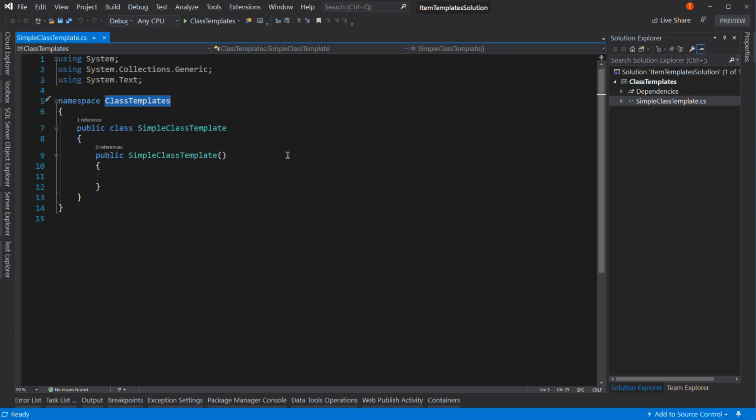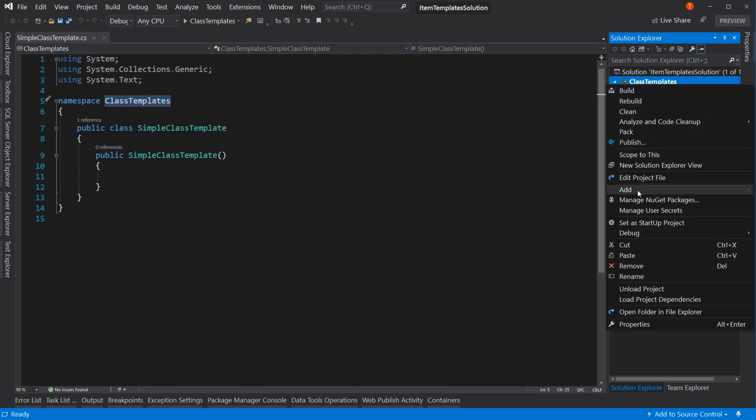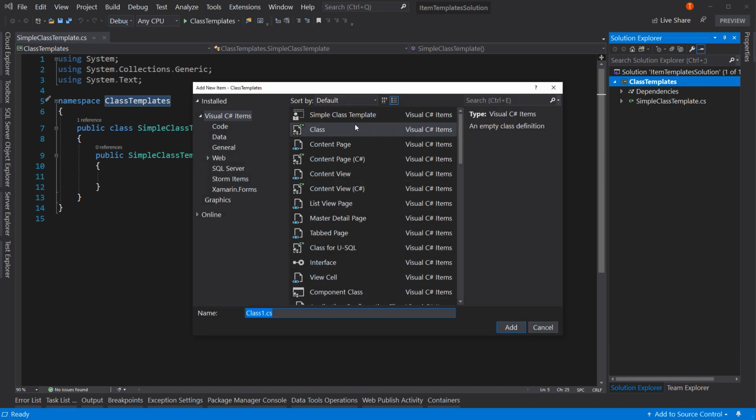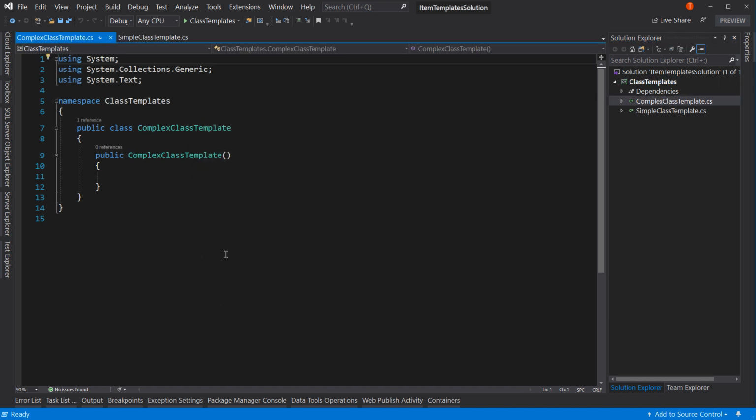But let's see if we can elevate our game a little bit when it comes to creating templates. So let's create a new class. I'm just going to do a blank class. I'm not going to do a simple class template. No, you know what? I am, because why not? It's simple for us. Let's do complex class template. We'll only do 2 of these, so one's simple, one's complex. Really nice, it's already started for me, right? But let's take it a next step further